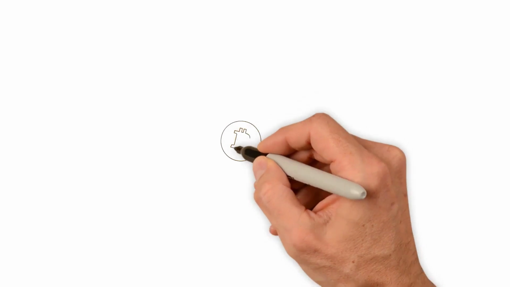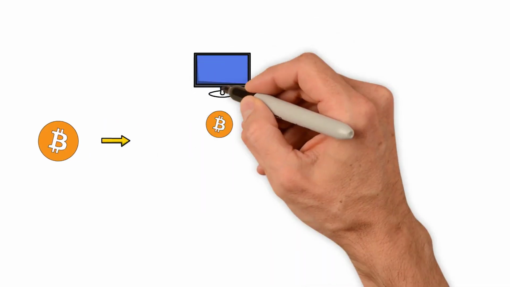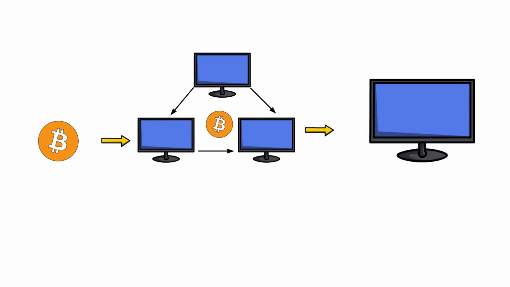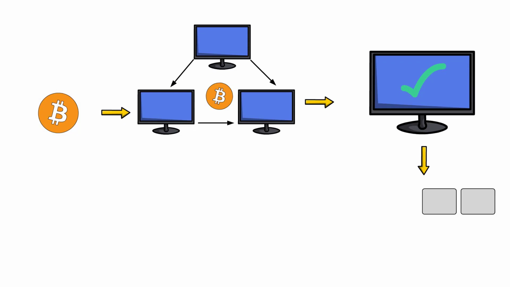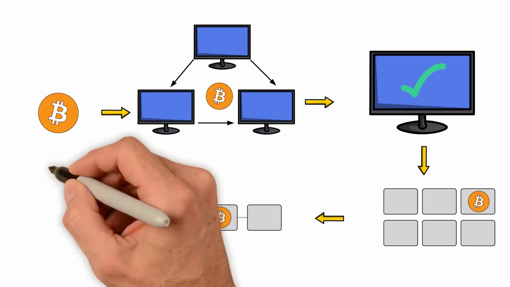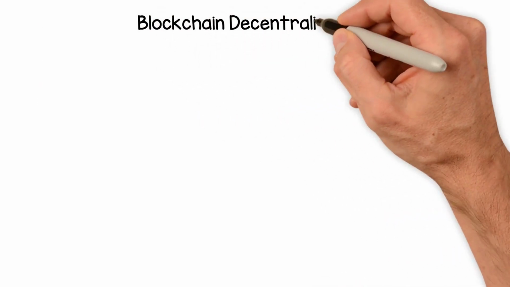Let's look at an example. A new transaction is entered. The transaction is then transmitted to a network of peer-to-peer computers scattered across the world. This network of computers then solves equations to confirm the validity of the transaction. Once confirmed to be legitimate transactions, they are clustered together into blocks. These blocks are then chained together, creating a long history of all transactions that are permanent. The transaction is complete.